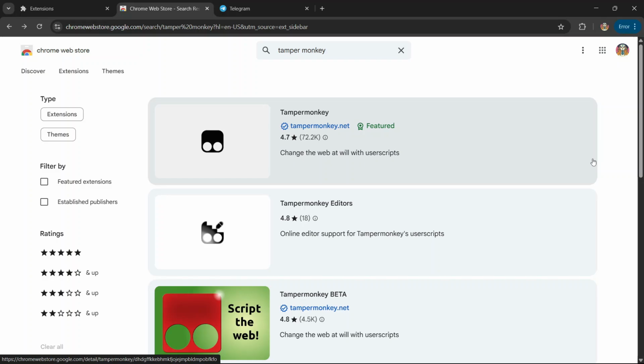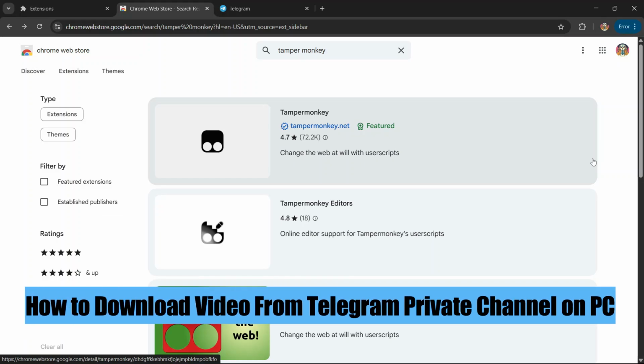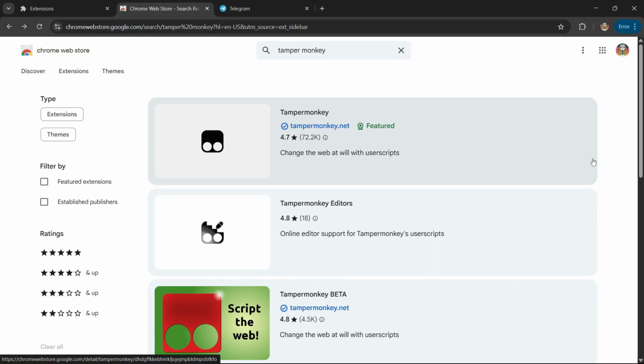In this quick tutorial, I'll be showing you how to download video from Telegram private channel on PC. Let's begin. So you're going to open up your Chrome web browser, and then you're going to open up the